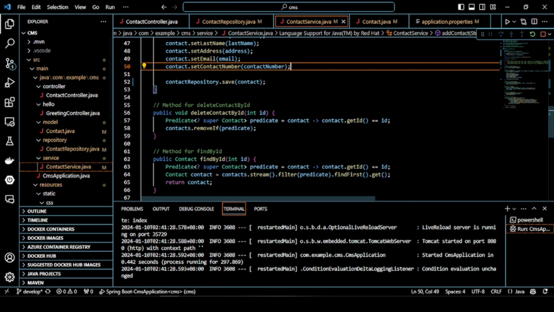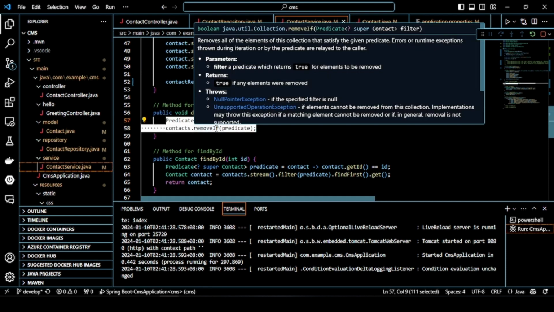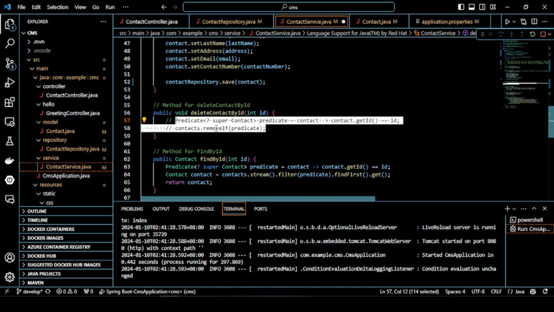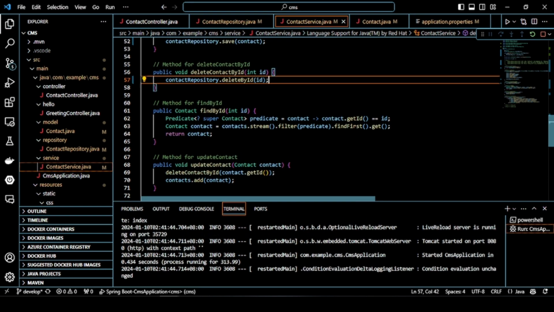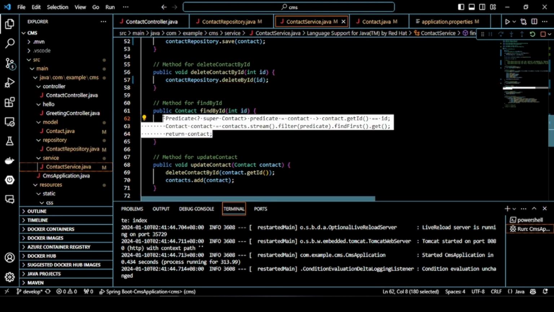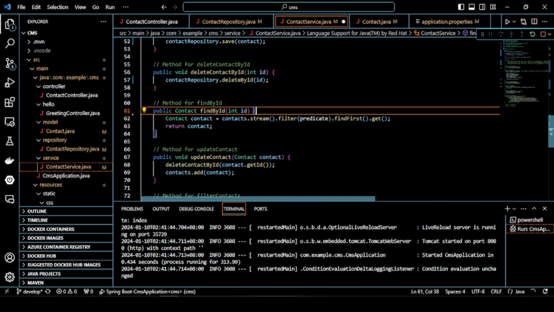So for our delete contact, instead of using this predicate and returning, removing the predicate itself, we're going to remove this one. We're going to access contact repository and delete by ID. That is correct. Yep. And for our find ID, instead of using this predicate and returning the contact, we're going to remove this one, and instead of using the contact stream,